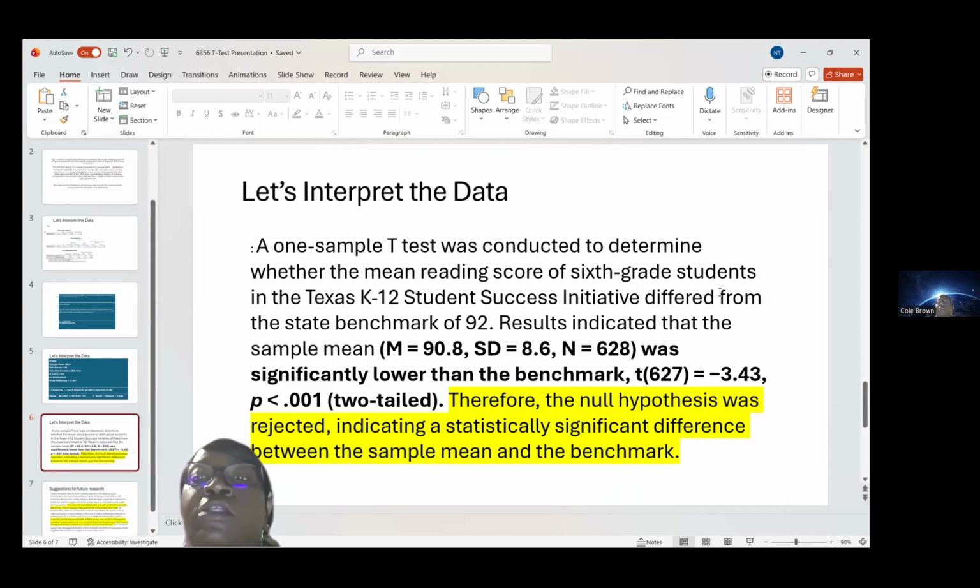I'll stop sharing, go to the next section. Yes, hold one second, let me fix this. All right, so I'm just trying to make sure that you're able to see my screen. All right, so